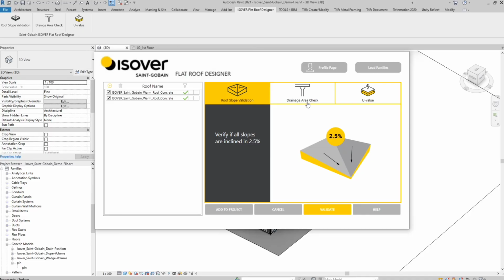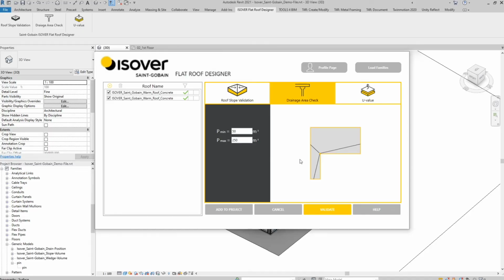The next validation is the drainage area check. This allows the designer to verify that the drainage area for each drainage position meets the required maximum and minimum area values. Enter the required maximum and minimum values and press Validate. If the drainage areas are within the limits of those values, the tool will show a green validation mark beside